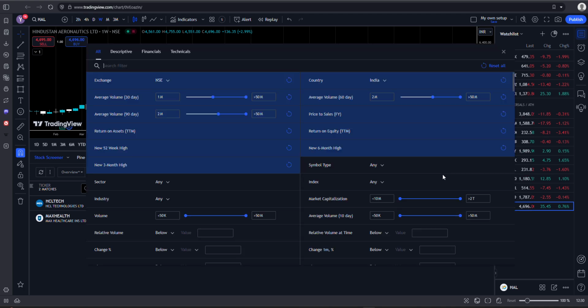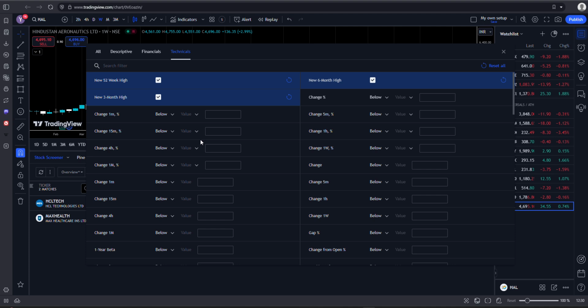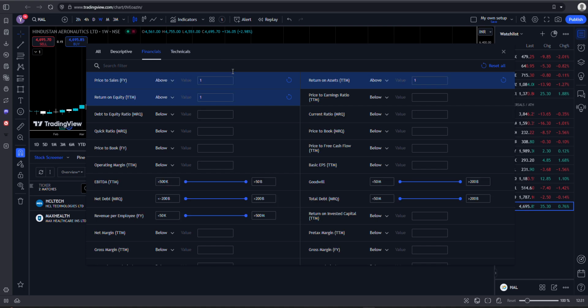I will tell you one thing. You can ask me why these conditions, why we are using them. Technically speaking, we want a stock that is reversing from the bottom and beating its own quarter. That is the reason we are selecting 3 months high. Second, even after returning from the bottom, it is beating, if not the first quarter, at least the second quarter, which is 6 months altogether. And the final thing is it is beating its 52-week high, which is 1 year. That is the reason we are choosing